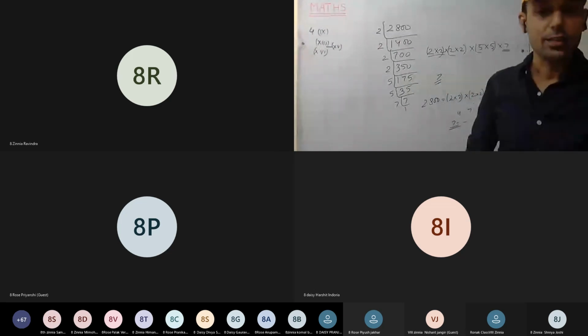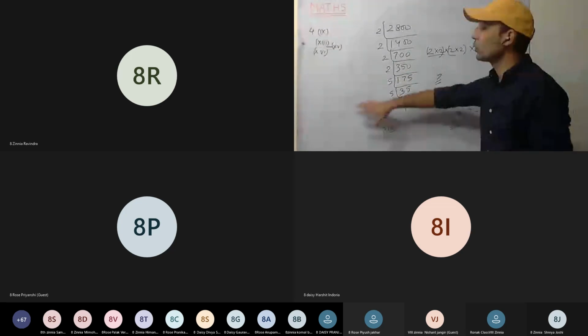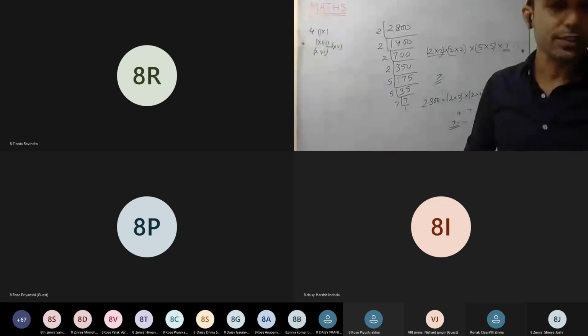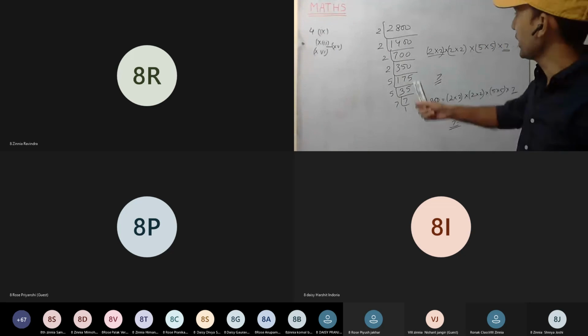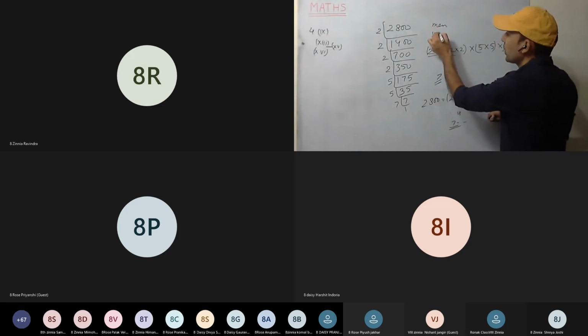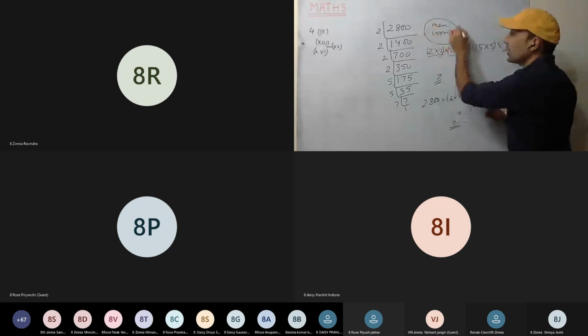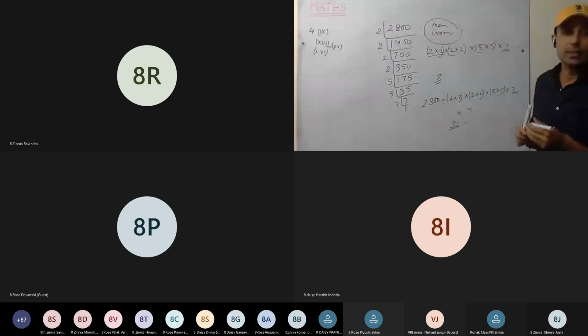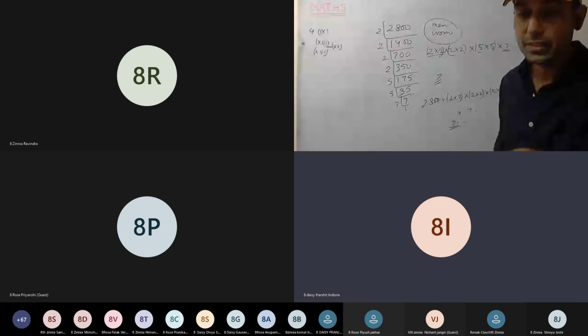And sometimes there is no need to do the extra thing. Like in the second question, it was asked to find the total number of papers. So find the total number of papers. Then there is no need of finding how many men are there, how many women are there. That was not asked. Can we exit? No, you can't exit. 1 minute is remaining.